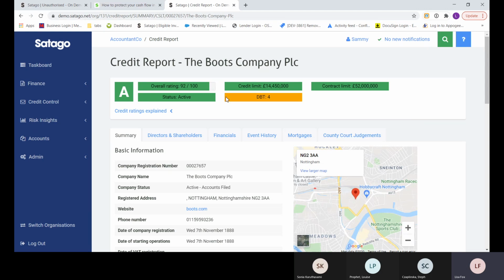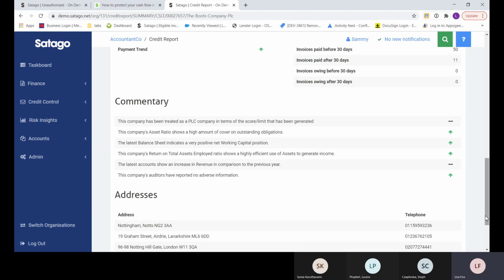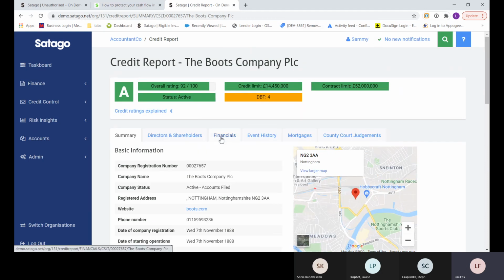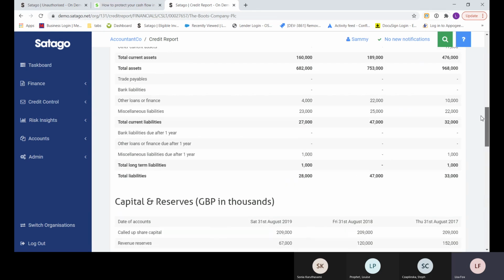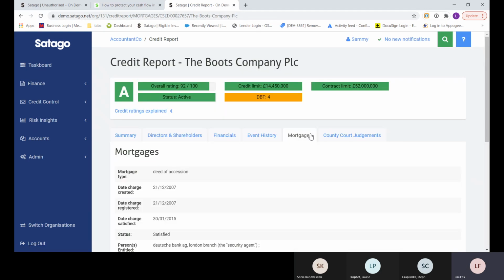So you'll have here various different sections that you can dip down into to get a bit more information. You'll also have a full commentary on the company. So anything that's favourable or unfavourable will pop up here, indicating with a green or red arrow. You'll be able to go into each different section, check out if they have any county court judgments, if they have any mortgages registered against the business, what their last 3 years' financials are. So your profit and loss, balance sheet, capital and reserves, ratios, that sort of thing. You will have event history,